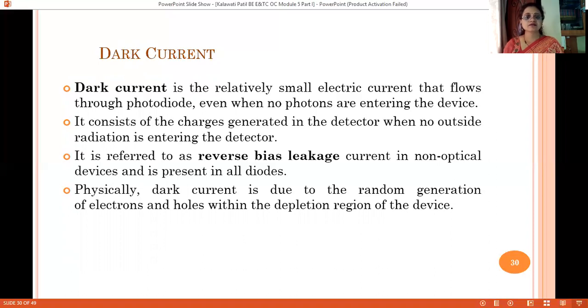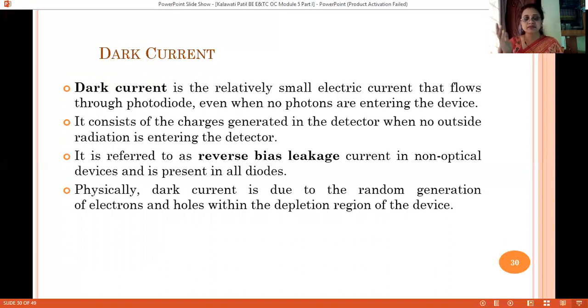It is a very small electric current that flows in the photodiode when no photons are entering the device. It consists of charges generated in the detector when no outside radiation is entering the detector.